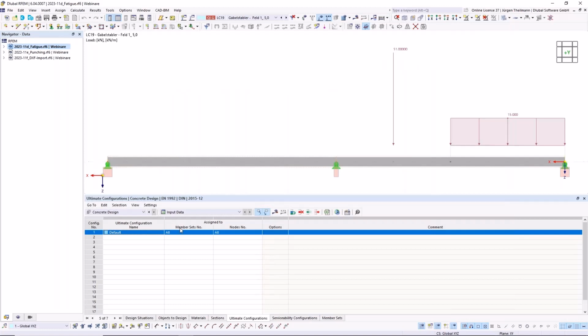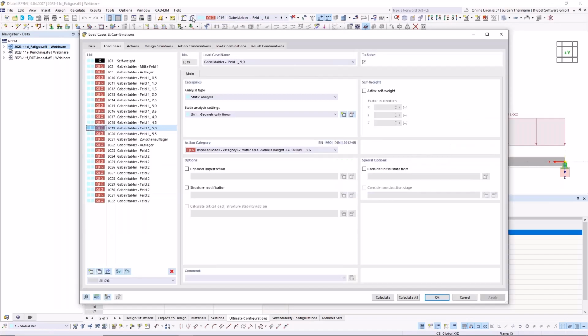The third thing is, because we are dealing with load alternations there, you need a design situation where you have these alternations in it, and that's why it's best to have at least one result combination in your loads. So therefore, I now go to the top where I have my load cases, and I open the dialog for my load cases and combinations.